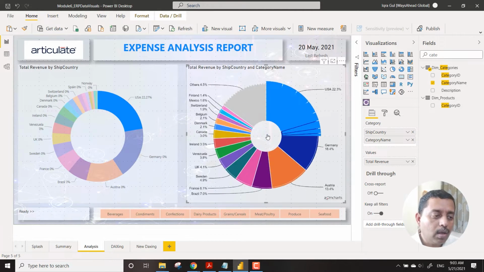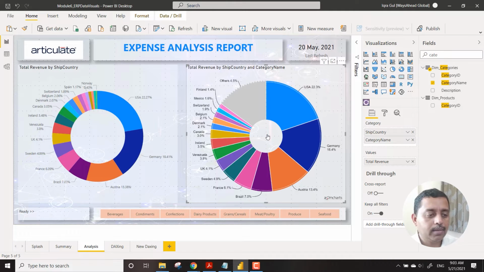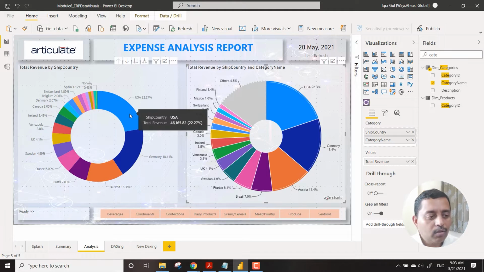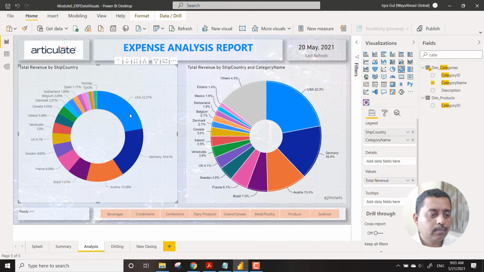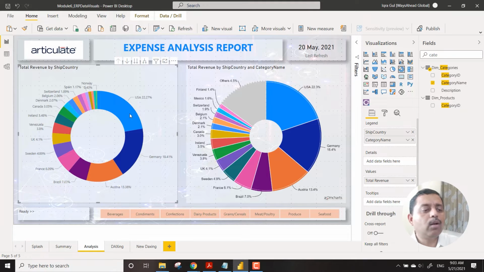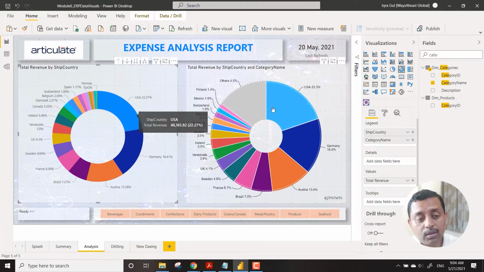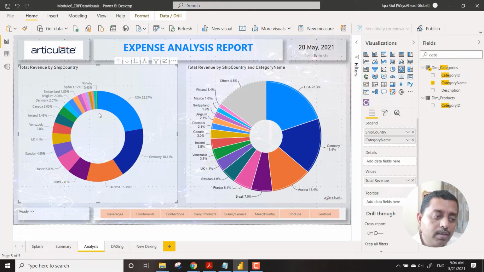And if you want to come back, you can come back like this. If you click on US over here, it gives you this particular format. Like this. So both of them are talking. So if you say that when I click on this, this should not change, but when I click on this, this should change. That is absolutely possible.